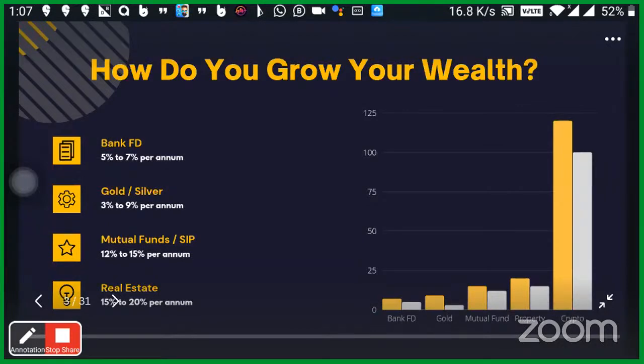So all the intelligent people, and I'm talking about the most intelligent people in the world, every month try to save some amount of the income that they earn, and they start to save it. And in order to save it, they invest somewhere